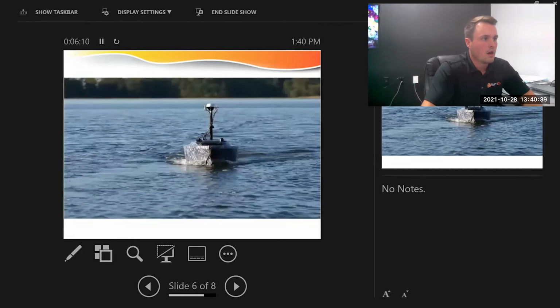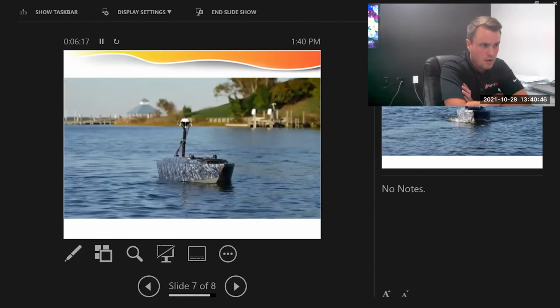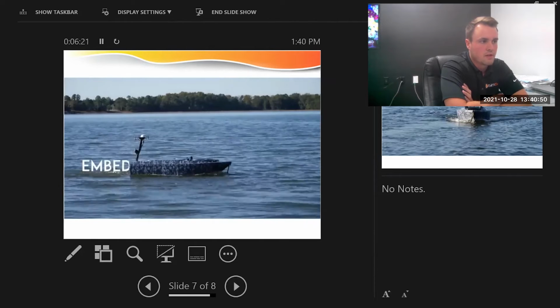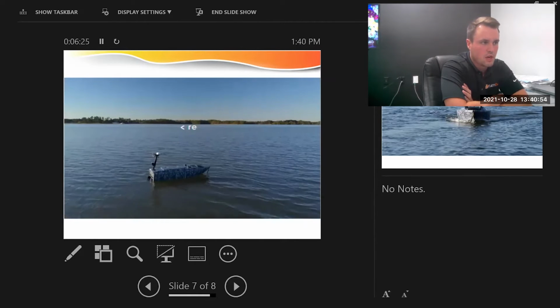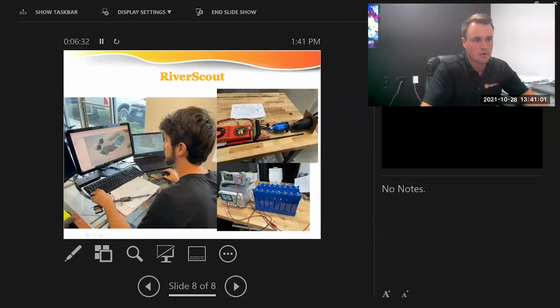And the last one is a brand new one we're working on called the River Scout. It's a 4.5-foot autonomous vessel meant for brown water situations, for covert surveillance, data gathering, data capture, and mesh network creation. What we're really doing with this platform is creating an integration platform where we can integrate technology. If a vendor in the marketplace says, we have the capability to create a mesh network, but we want to do that in remote areas on the water, we need your platform because it's capable of going into rivers or lakes or remote areas that larger vessels cannot get into and where we want to remain covert, we work with them to integrate their